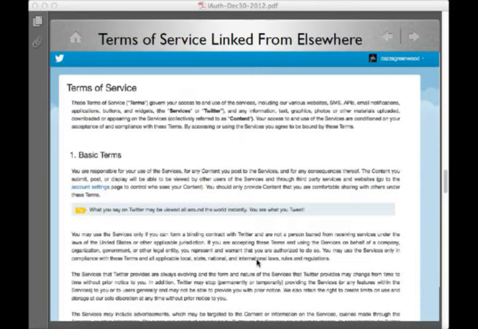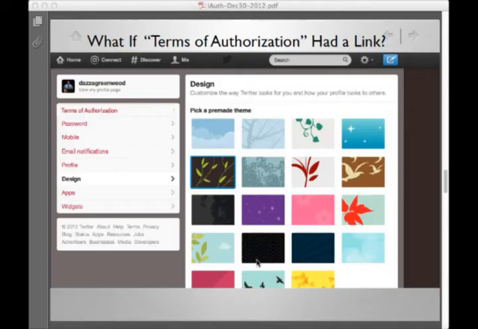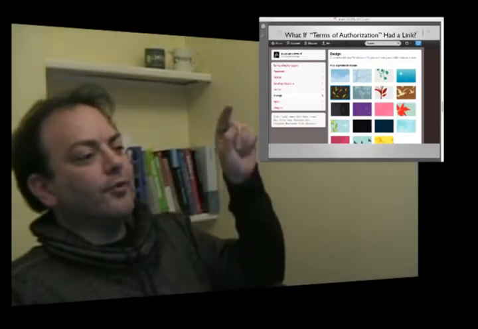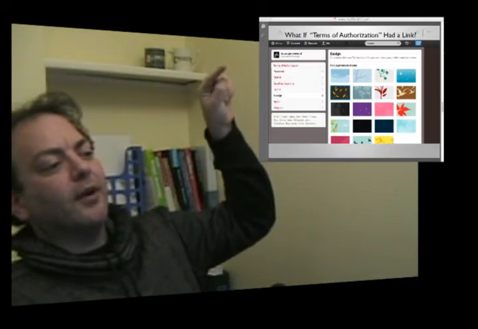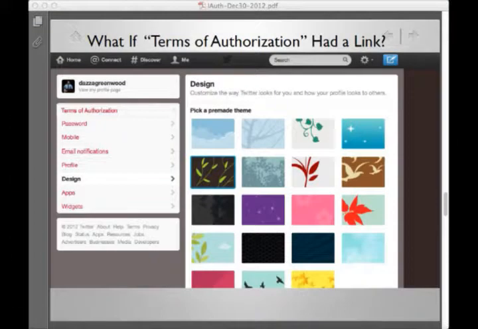Now, here's an example of the terms of service. If you click on that link, you get this sort of HTML page. What if instead there was something like, let's call it terms of authorization? If you kind of see up there this new little link I've created, just mocked it up here, called terms of authorization. If there was something of that nature, when a user,